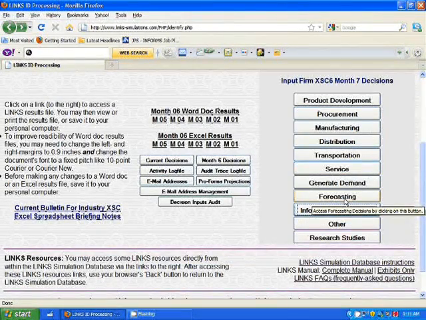Forecasting perhaps is the starting point in most of the decisions that you will be making, because ultimately for the next round you first have to forecast what you think the sales would look like. Now remember that forecasting cannot be simply based on what you sold in the last round. That's important, the trend is important, but you also have to keep into account any fundamental changes that you might